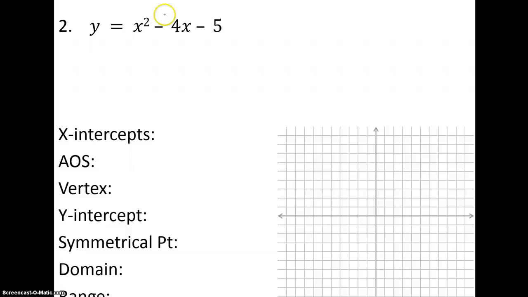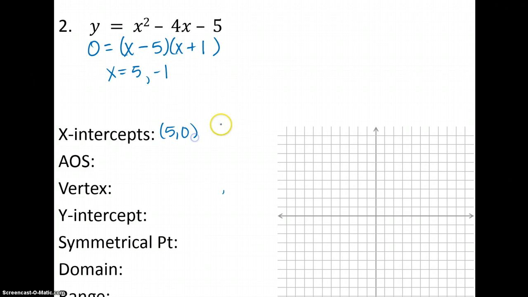So when I go ahead and find my x-intercepts here, I have to first set it equal to 0 and factor. So one extra step this time. So what multiplies to -5 and adds to -4? The answers are -5 and 1. When I solve that, I get x equals 5 and -1. Again, we're going to write our x-intercepts as ordered pairs, so (5, 0) and (-1, 0), and start by plotting those